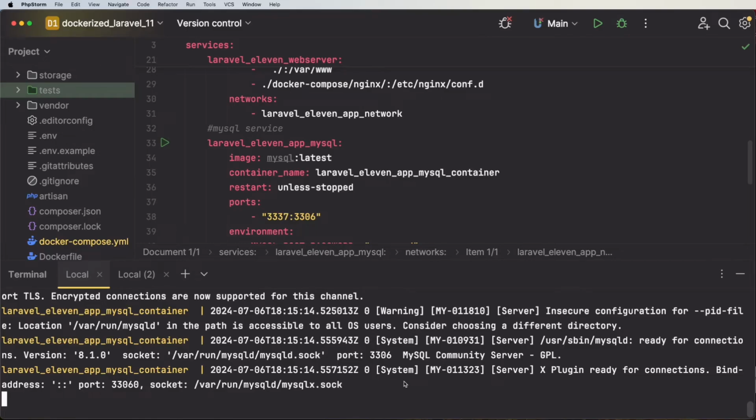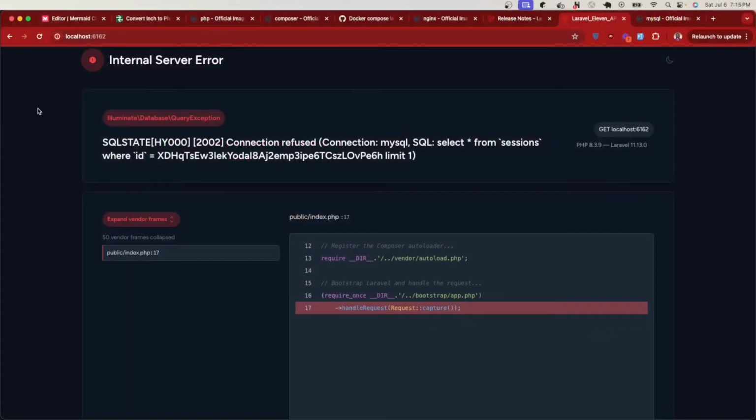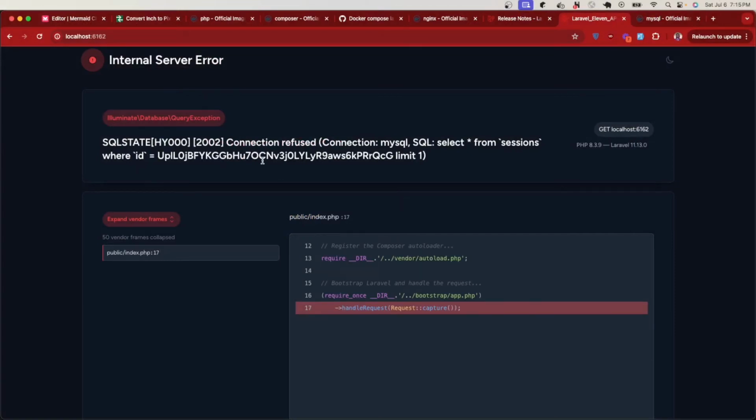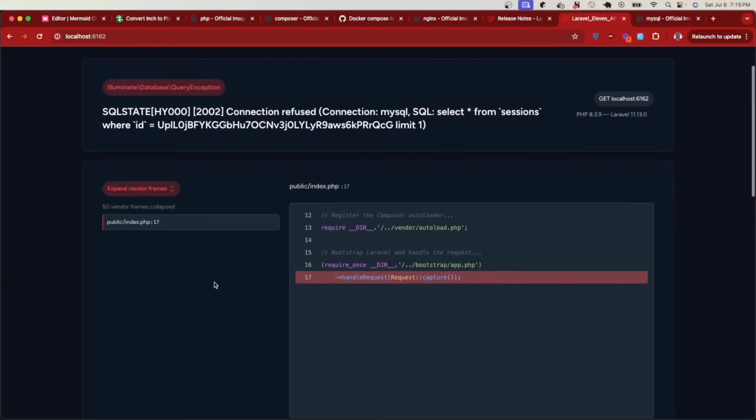Ready for connection, bind 3306. So if we refresh our application, you can see that we are still having that issue. So in order for us not to have that issue, what we can do is